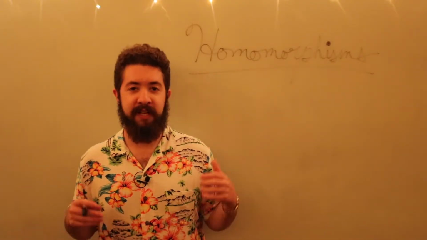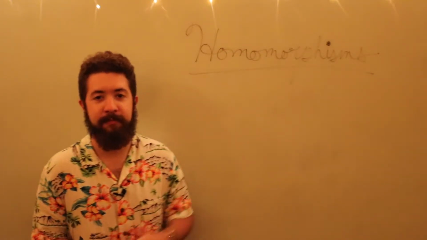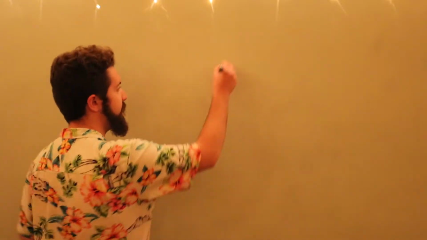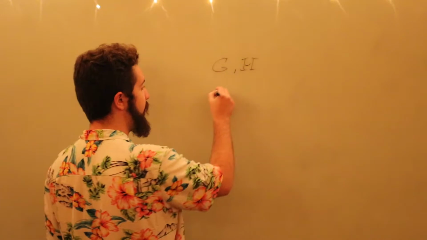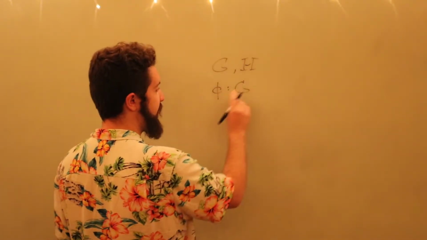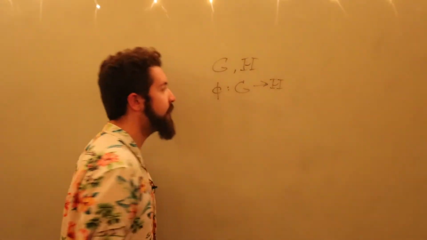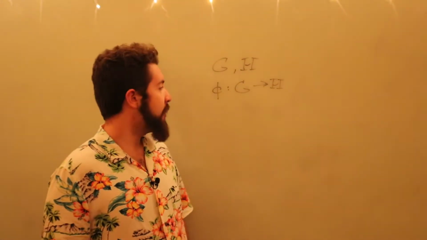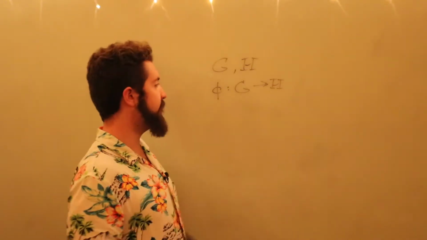Alright, today we're going to study special kinds of maps between groups called homomorphisms. Suppose we have two groups, G and H, and suppose I want to map between them. I.e., suppose I want to have a function whose inputs are in G and whose outputs are in H. Now we can do this, but it's more interesting if we add an extra property to this function between groups,